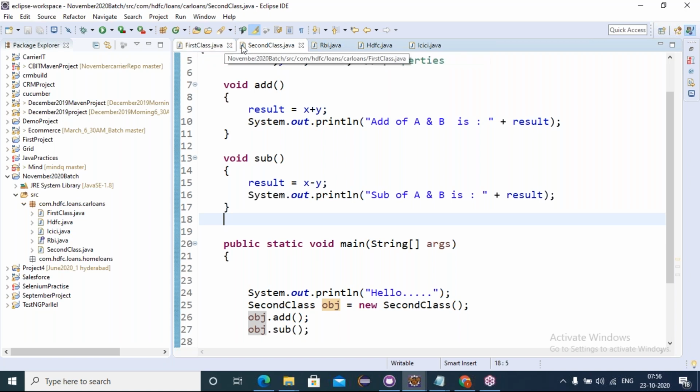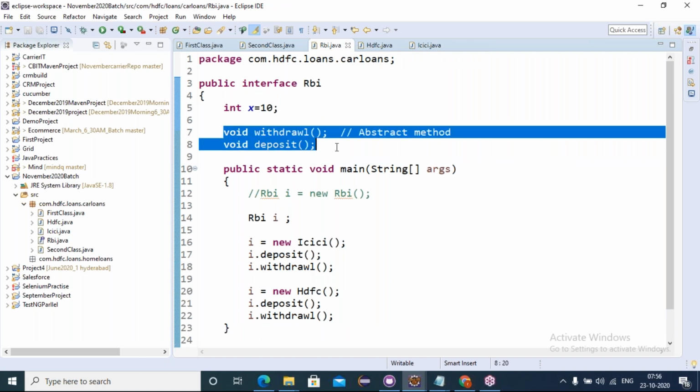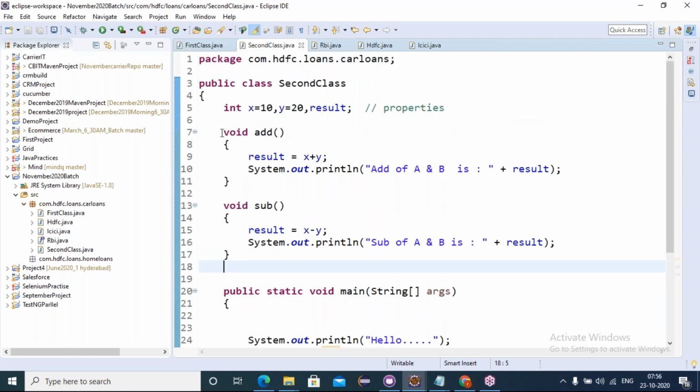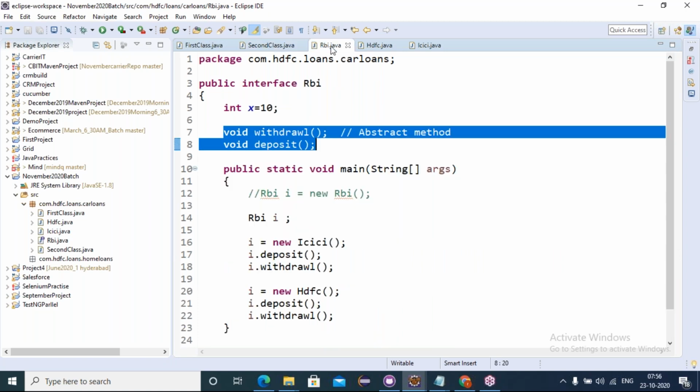Now one more clarification, friends. When do we go to the interface, and when to the class? When the requirements are known and frozen, you know how to implement them, like addition and subtraction, then we go with classes. When the requirements are dynamic, we just provide the services as abstract methods, which get implemented in the respective classes. Implementation varies from vendor to vendor.